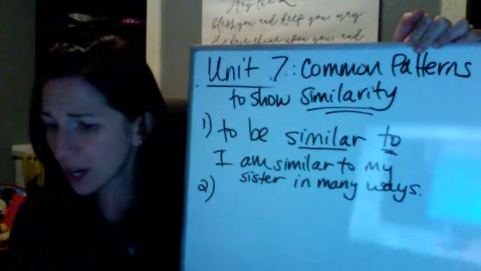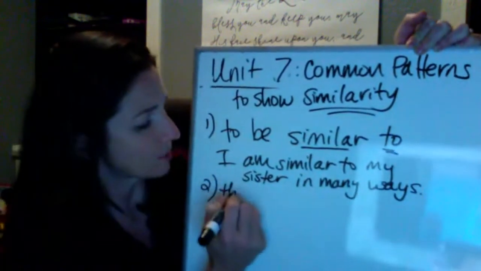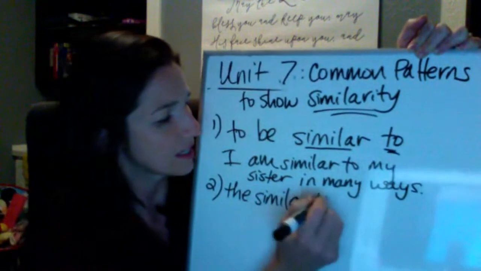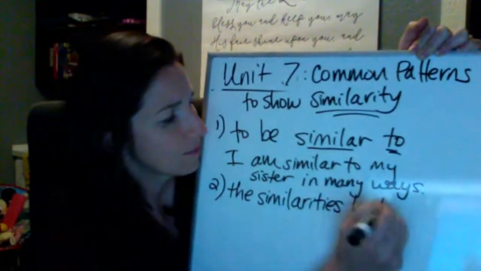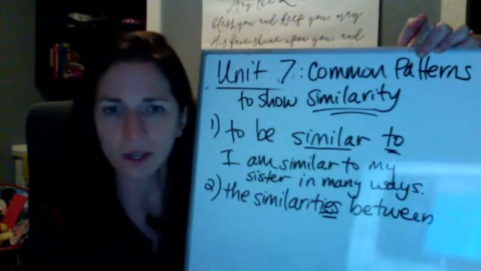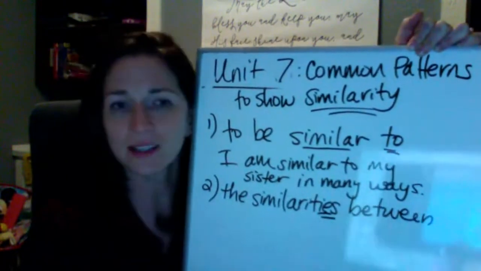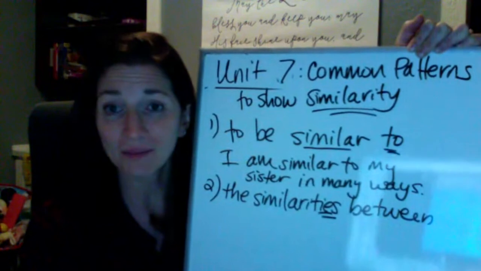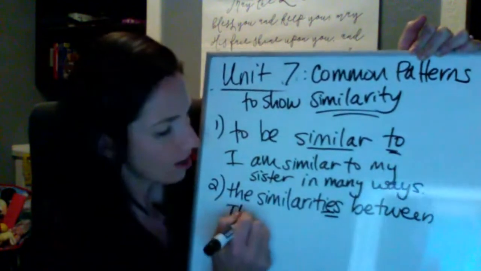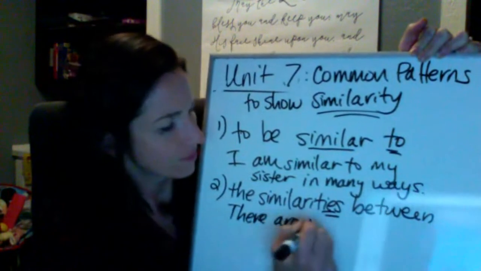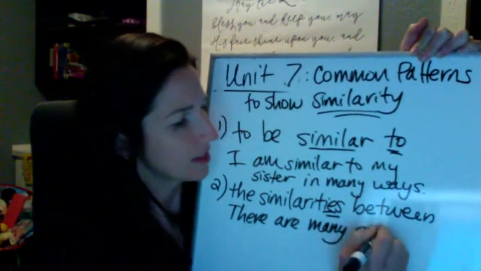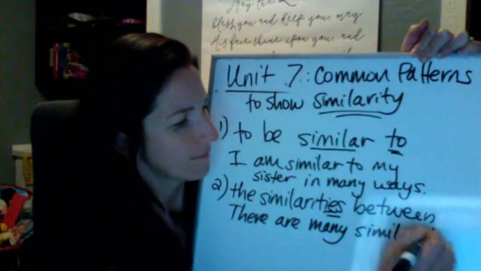The second one we're talking about is similar to what we did with differences between, but now we have the similarities between. Now you'll notice it is plural. We're talking about maybe more than one similarity, and we get to use the same preposition between. Okay, and we can say phrases like, there are many, it's countable, many similarities